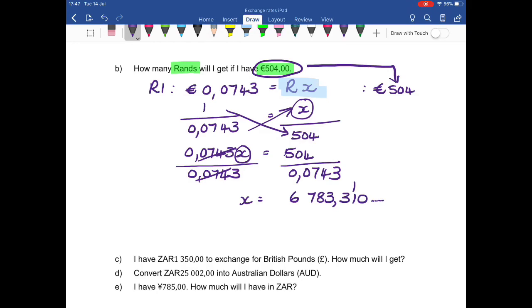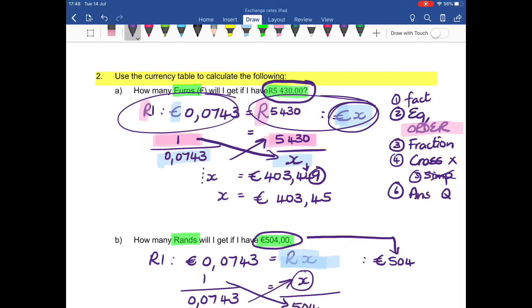I only have to write 3 decimal places because I'm rounding off to 2, and I've got to check: X was rands, so this is going to be rands. So my answer will be X rounded off 6,783,31. And that is how you work out your exchange